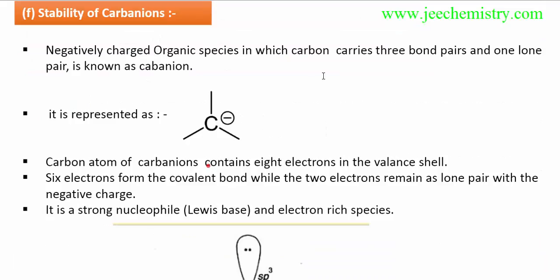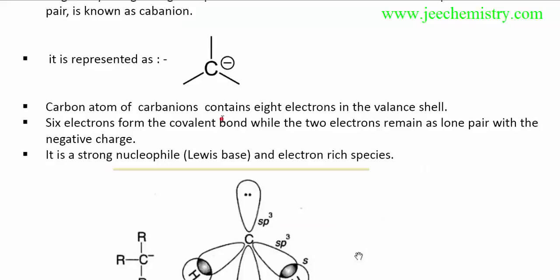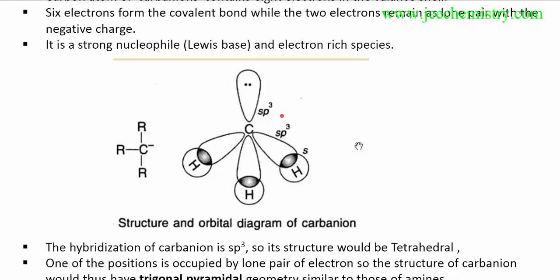Now the stability of the carbanion. It has eight electrons, three bond pairs and one lone pair, so it is sp3 hybridized. It is electron rich, so the minus charge is electron rich, whereas a carbocation is electron deficient. This is a carbocation, which is electron deficient, but this is electron rich. So a carbocation is stabilized by the plus I effect, because it will provide electron density through the sigma bond pair and disperse the positive charge. The stability of a carbocation increases by the plus I effect, and the minus I effect destabilizes the carbocation.